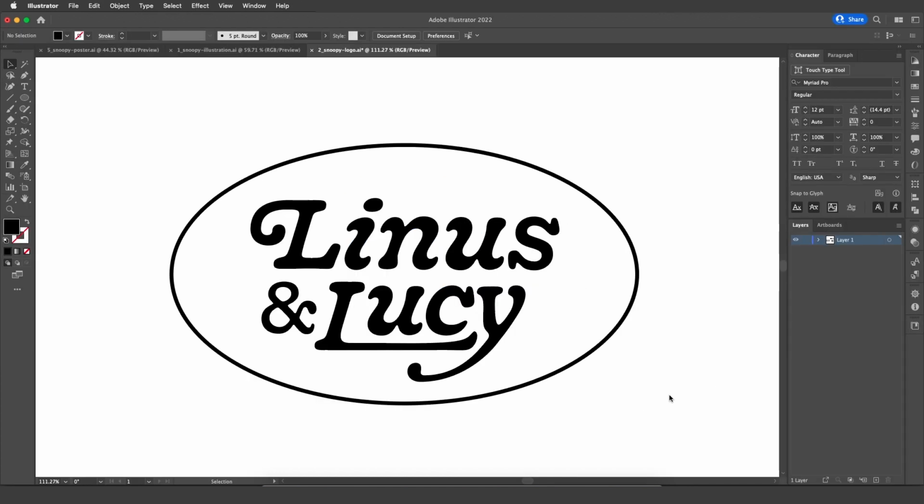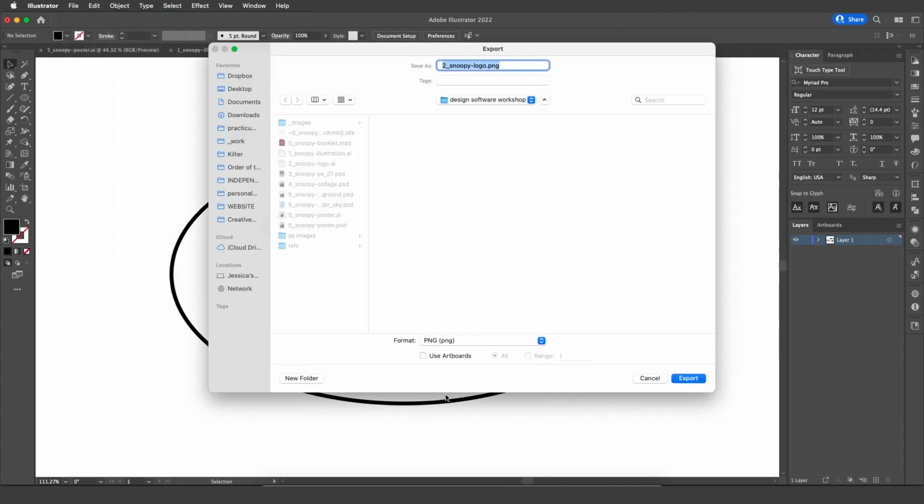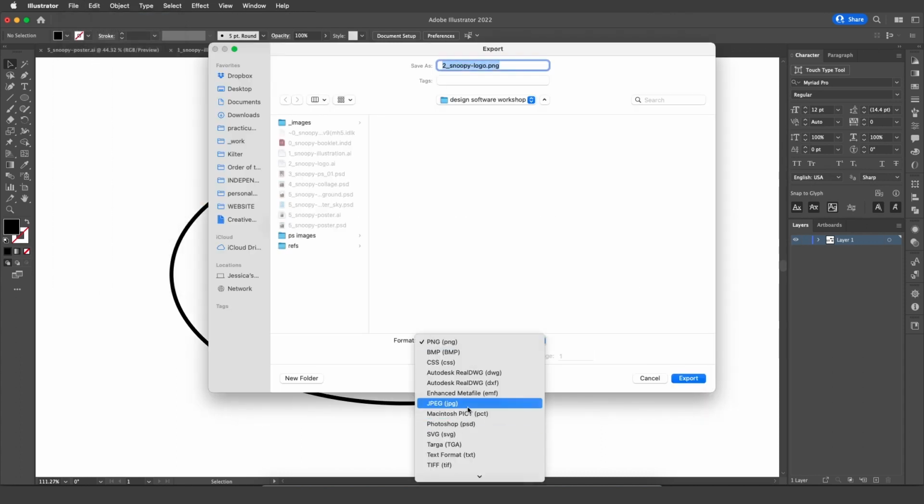If you're working for a client, there's usually going to be a bunch of different ways that they ask you to export a logo, and they might have different file requirements depending on what kind of project you guys are working on. So for example, when you're working on web versus print, they might ask you for different types of files. By now, you should probably know how to export as a PNG or a JPEG, which are the most